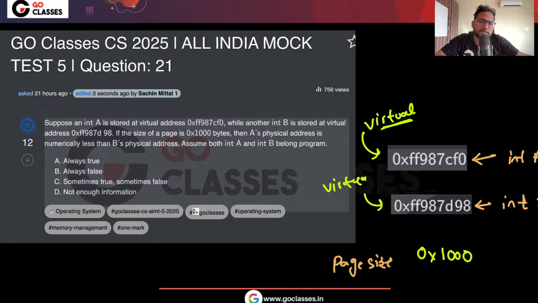So since only one page size is given, right? Only one page size is given, right? From the context of the question, it is clear that they are talking about only one program, right? Because only one page size is given, and also the virtual address space seems to be relevant for each other. So basically, only one page size is given, and from the whole question, it was clear that they are talking